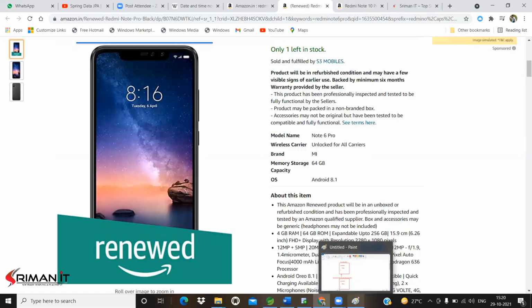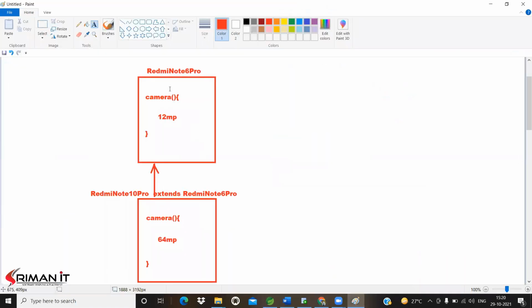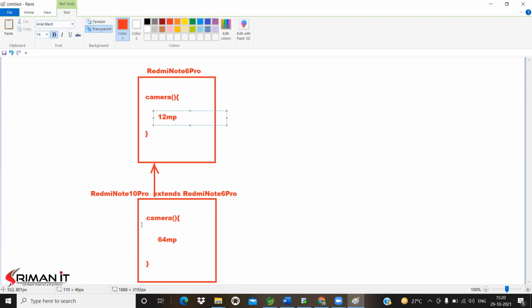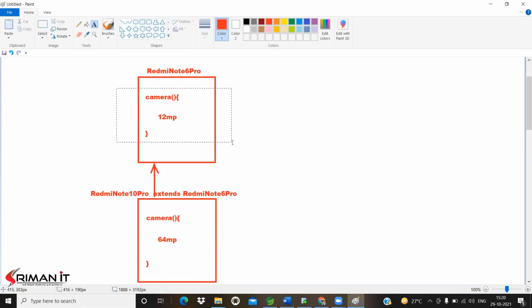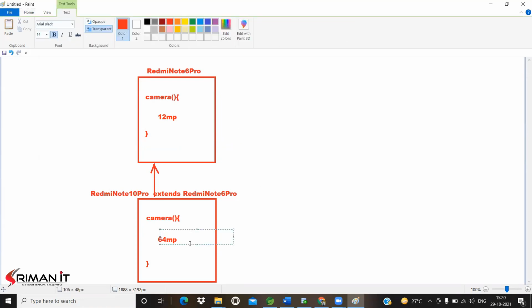So this concept is called method overriding. Already one method is there, but that method logic we can't use in the subclasses. That method logic is not suitable to work within the subclasses. That method is not suitable to our requirement. If the method logic is not suitable to our requirement, can we adjust with that method logic? No. We are going to write a new logic.